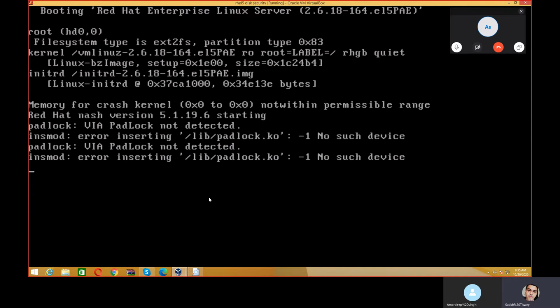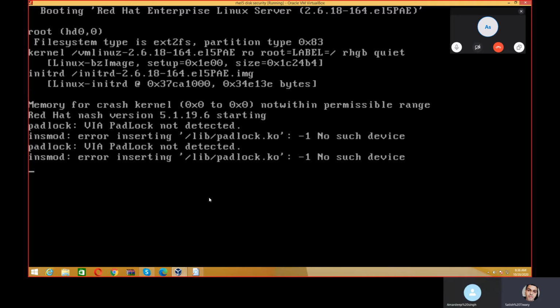Now you see, the system will not boot. Actually, it will ask for the disk password. This will be our disk password, not the grub password, neither the root password. It will ask for our disk password, and if you type the correct password, then you will be allowed to boot your system.